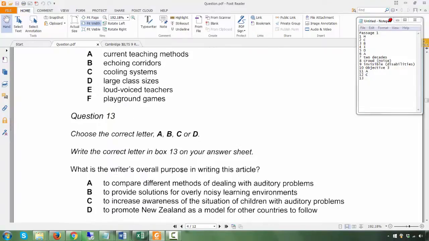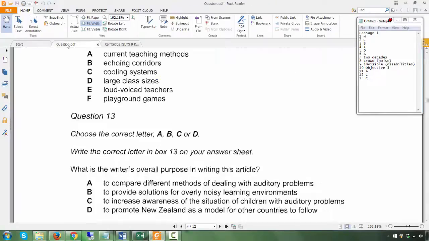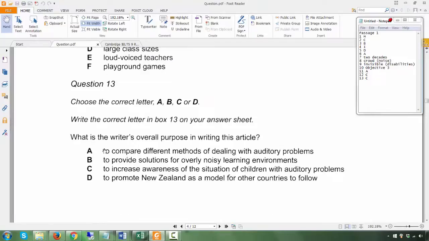choose the letter. What is the writer's overall purpose in writing this article? The overall purpose is C, to increase the awareness of the situation of children with. Okay, now there's no particular sentence that says that, this is to increase the awareness, but basically you look at the options here, and then you look at the passage, what is the purpose, and basically the purpose is to increase the awareness of situation of children with auditory problems. Okay,